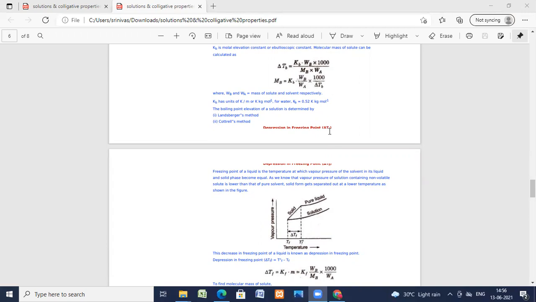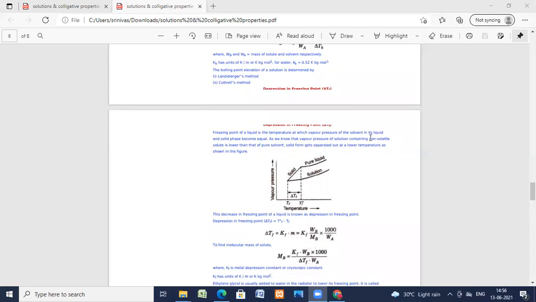The freezing point of a liquid is the temperature at which the vapor pressure of the solvent in its liquid and solid phases becomes equal. So when the vapor pressures are equal, that is the freezing point. In boiling, the atmospheric pressure is equal to the vapor pressure of the solution. In freezing, the vapor pressure of the pure solvent and the solid phase both become equal, and that is called freezing. As we know, the vapor pressure of a solution containing a non-volatile solute